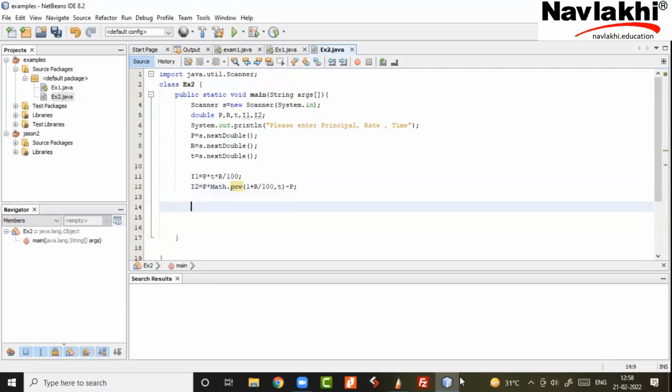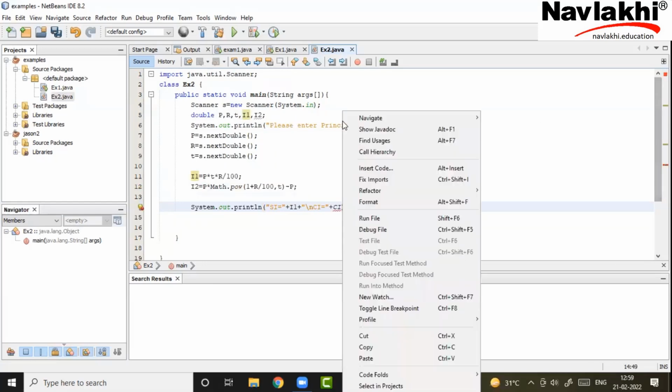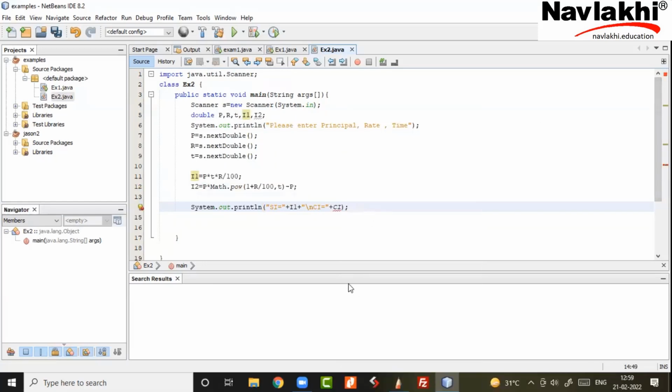Then I obviously calculate and print my result however I want to print. So SI equal to, and then the value of SI. For the next line, either you can do the next print statement or even slash n works. CI equal to I2, sorry, it's not CI, it's I2.